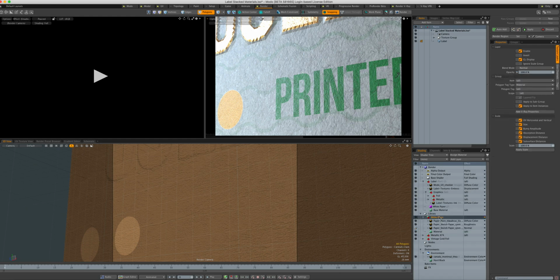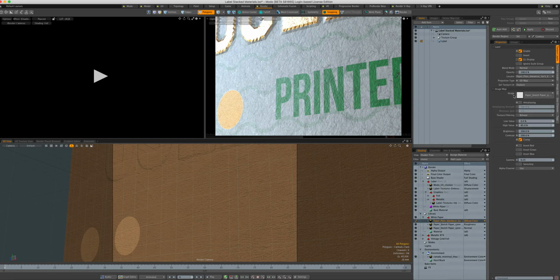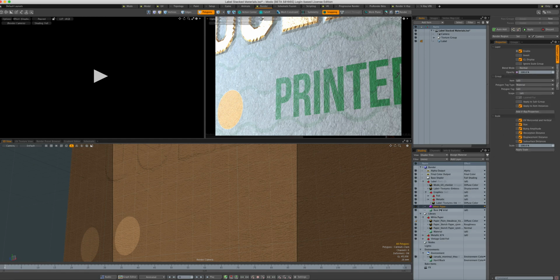But I could have another layer in here using another image, say another roughness map or something like that, and have that be using a different UV, or not a UV at all, just cubic mapping or something like that. So you can mix and match all this stuff as much as you like, and then take that whole group of things, the paper, and then apply that to other stuff. And out here in the shader tree where that reference is, I can still even change the opacity of that, should I want to, although you wouldn't normally, because that would get a bit crazy, but